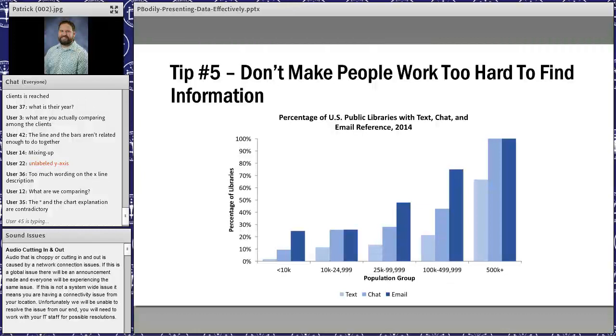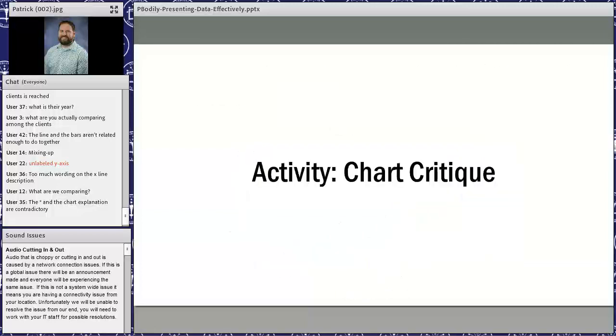Sometimes it can be just as simple as adding a data label to your graph so that people know exactly what it is that they're seeing, so people know exactly what it is that they're trying to understand. Again, going from this to this makes a world of difference, and it wasn't a hard thing to do at all. It just makes your data that much easier to understand.